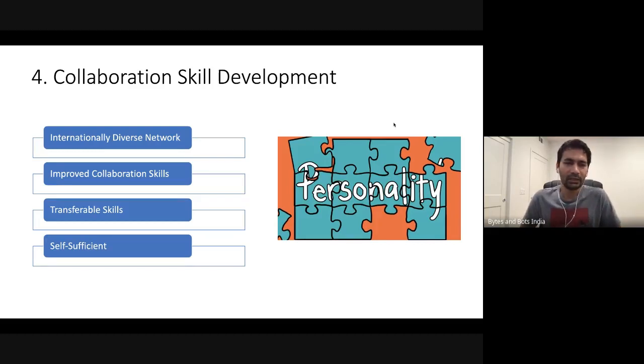And having all these skills developed, it makes an engineer or a programmer self-sufficient. So that's very important to build some confidence. When you write your code, you own it, and you take it to completion without being blocked by a lot of hindrances. So programming helps collaboration skill development.